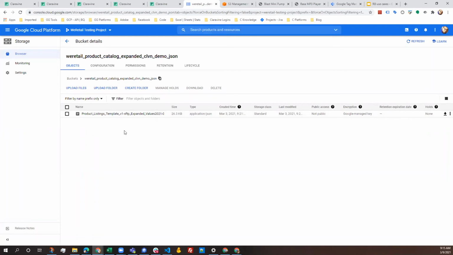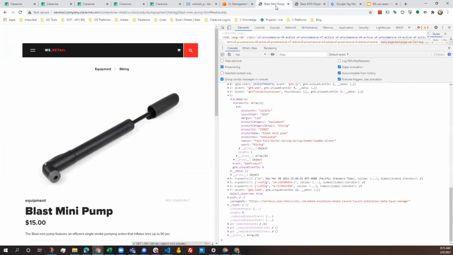So your developers can basically, with whatever CMS, reference this file within your Google Cloud environment or AWS. And then from there, they reference the file, and I created, in this example, a loop on the page to go through all those values.